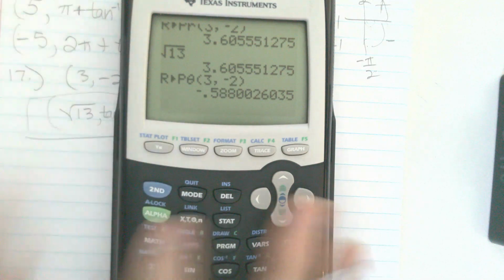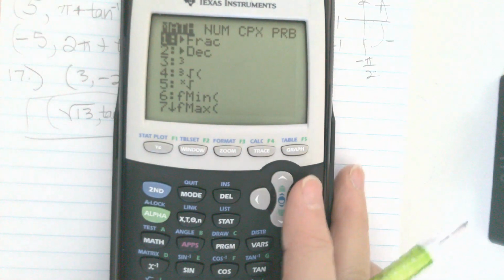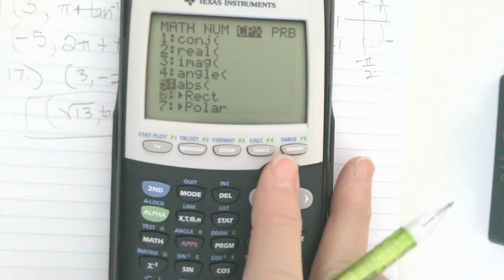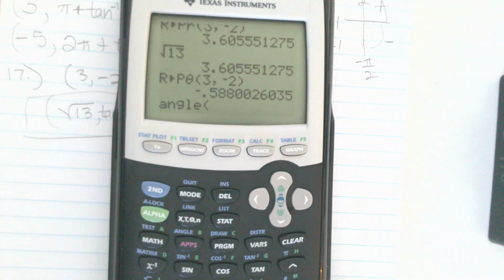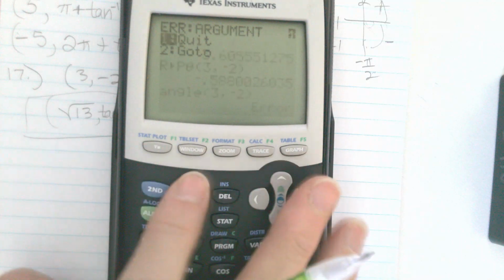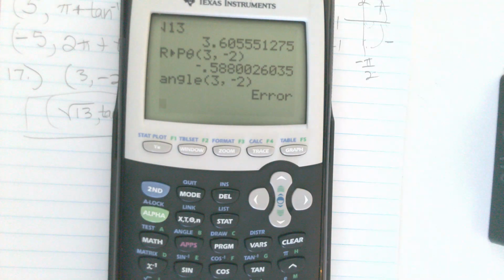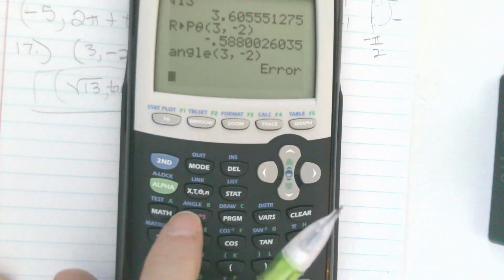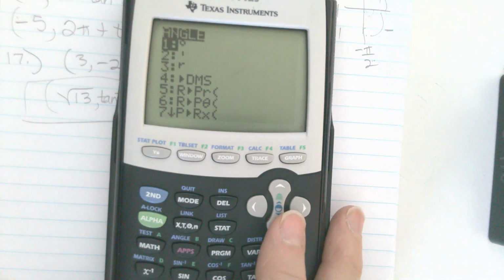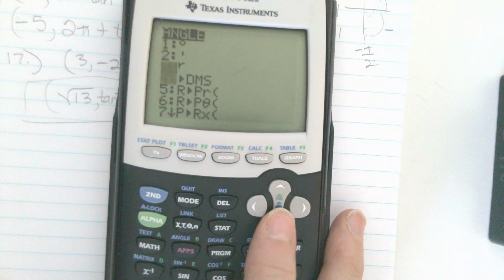So what did it tell you to do, math? Math, and then over to CPX, and then 4. Okay, I don't know what that does though. Nope, that didn't work. When I Googled it, that's what it said to do, and I couldn't figure it out. But I believe they were talking about this angle, the second angle feature there, which, I mean, these other things, you can, like if I gave